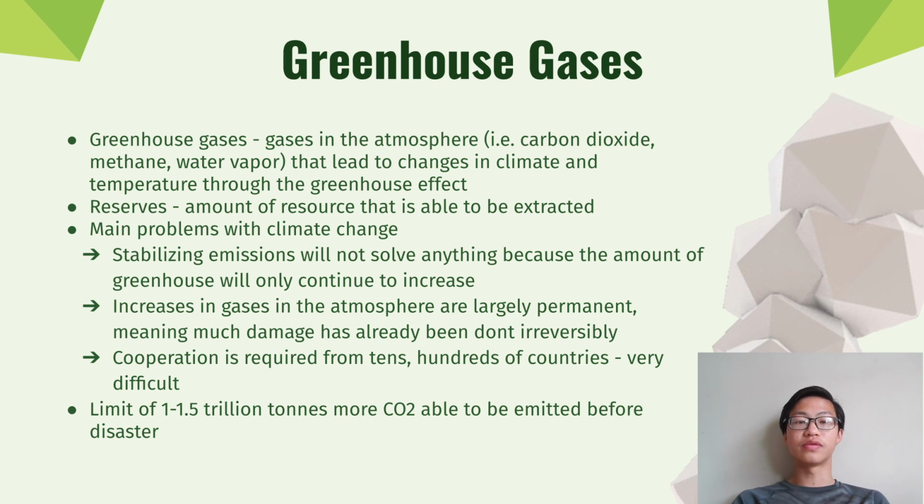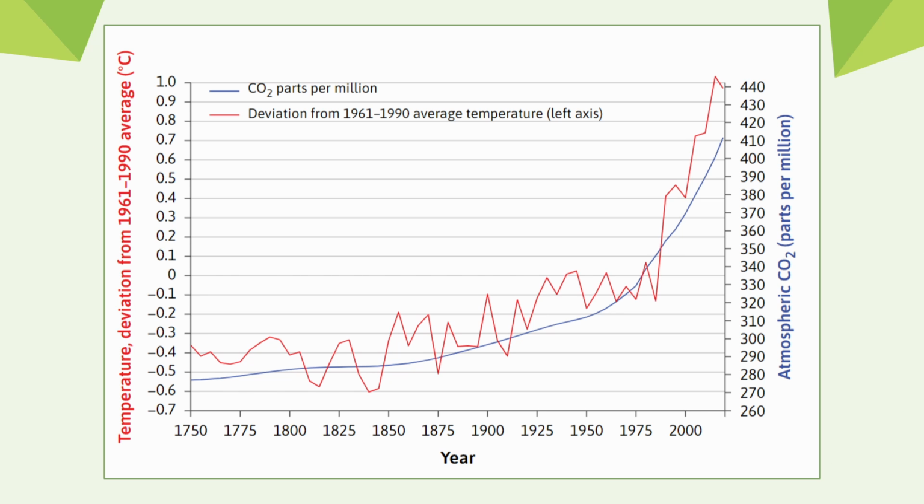A major source of greenhouse gases, fossil fuels, is also not stable for the economy since reserves are limited. This graph here shows the temperature and atmospheric CO2 increase over the past centuries, and you can see that they reach extremely high levels exponentially past the Industrial Revolution. The temperature increase and CO2 levels are also shown to be highly correlated.